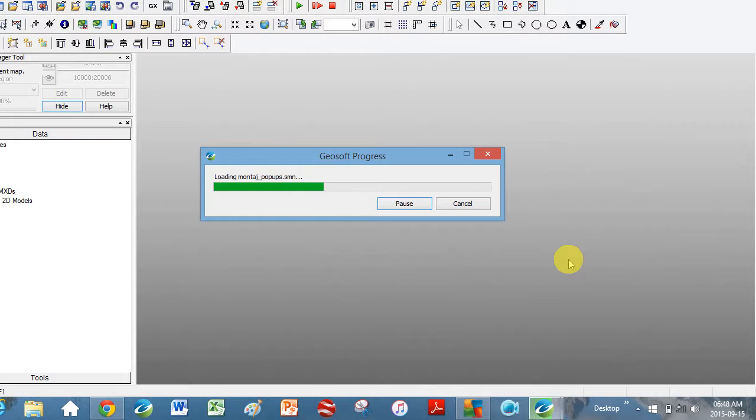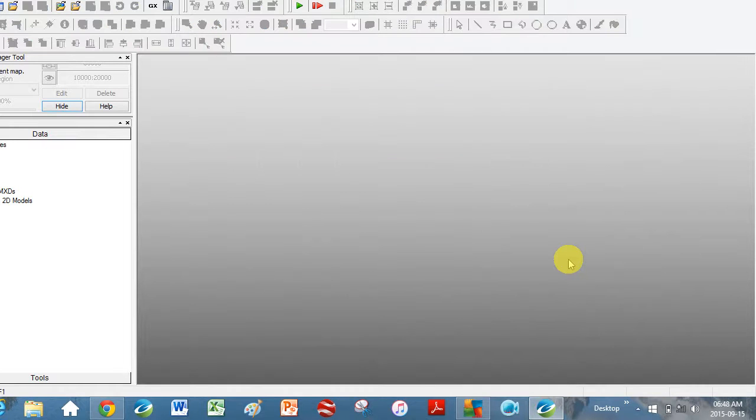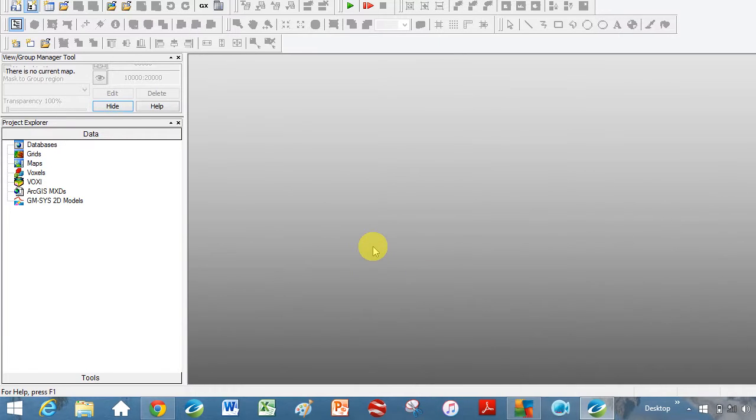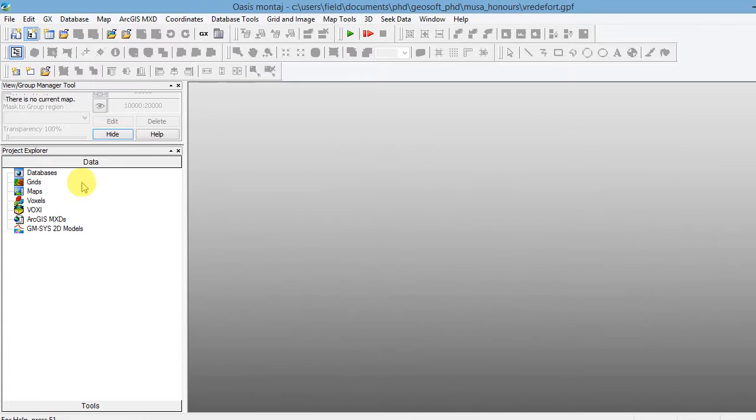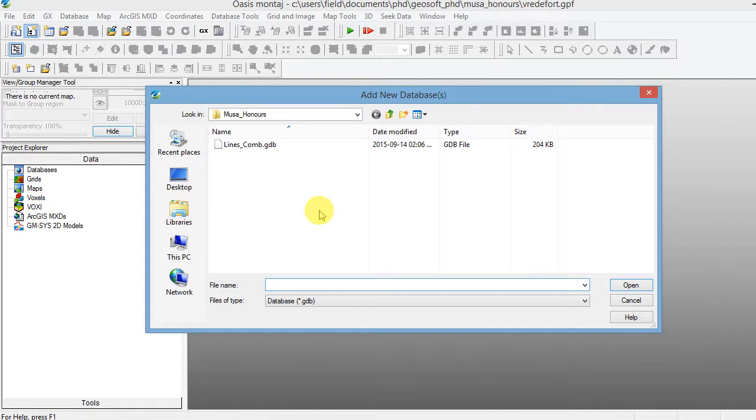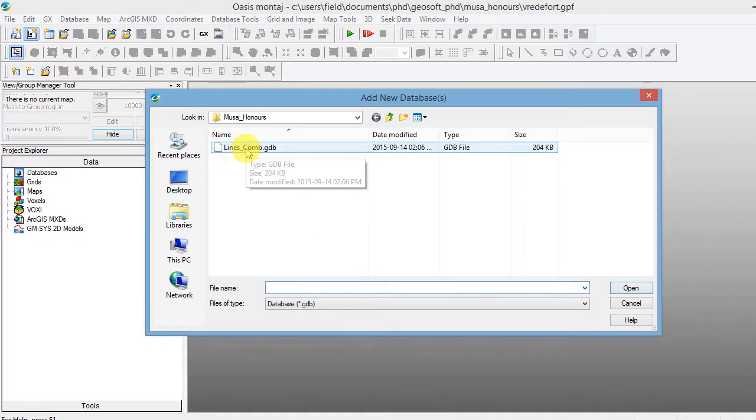And then you can see that all the different menus open up. Sometimes it can take a little bit of time. Okay, now hopefully already you've saved the files that I've emailed you to a folder. And so what we're going to do now is add those files to this project. So on the bottom left hand side here in the Project Explorer, we're going to go to Database, right click, go Add Database,